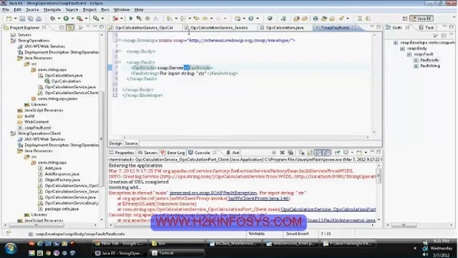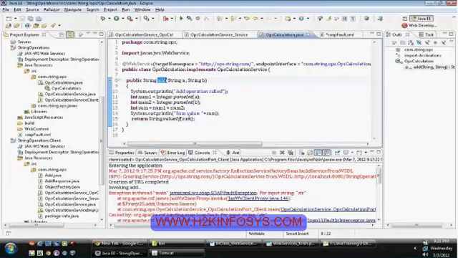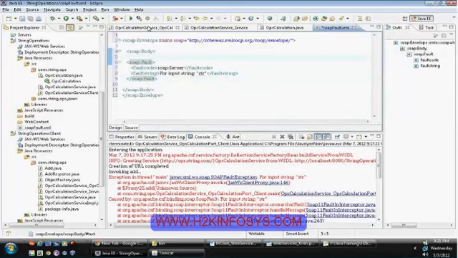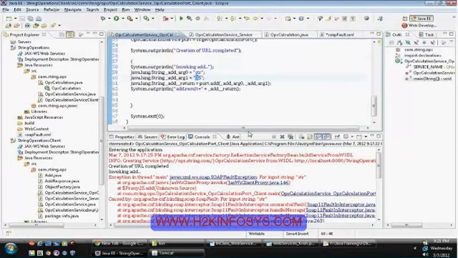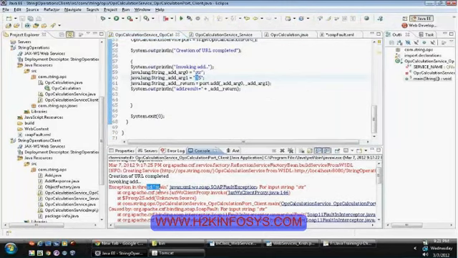If your server, the service provider, was not capable of handling the exception, it will be handled by SOAP itself, which will create a SOAP fault message and respond back to the client. So currently what happened was, even our client is not handling the exception. Here we are not at all handling the exception, and the exception was thrown back to our main method.